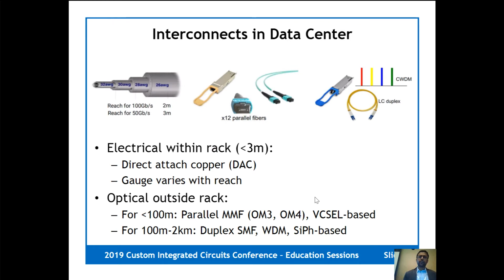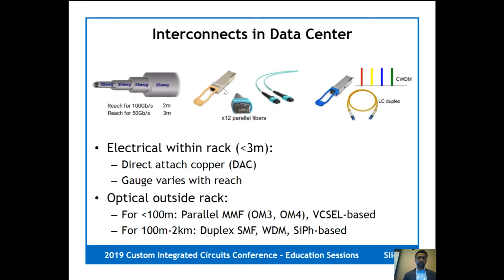So there's a variety of interconnects that are being used in data centers currently, starting from electrical interconnects. So this is for communicating between the servers in a rack. That's starting to transition from traditional FR4 backplanes to more cabled backplane solutions, going to thicker and thicker gauge cables to support the 2 to 3 meter reach that is required in the backplane. And beyond that, from like 3 meters to about 100 meters or so, we are seeing the use of